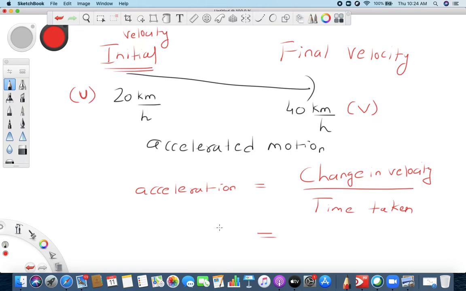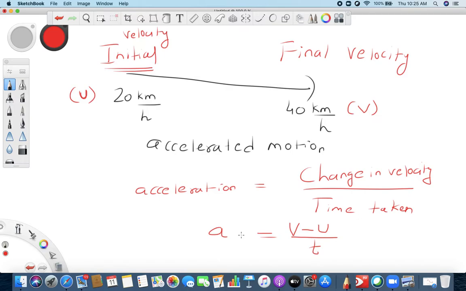In the formula, small a represents acceleration: a = (v - u) / t, final velocity minus initial velocity upon t. Again, every letter represents a different quantity. Time is represented by small t. Do not write capital T, because capital T represents a different thing in physics. So make sure you write small t. So what is acceleration?